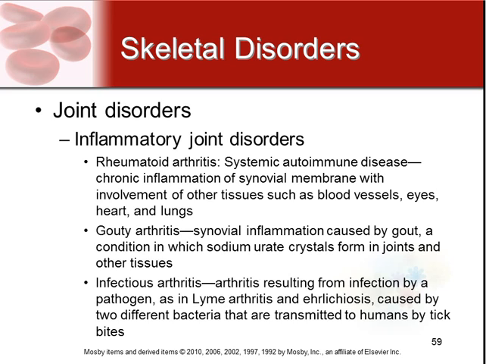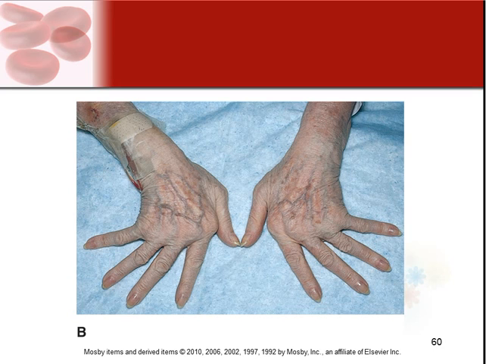And then you can also have infectious arthritis. And that's when you have arthritis resulting from an infectious pathogen. A very common one for this is actually Lyme arthritis. Lyme disease is very well known for getting into joints and infecting them and deteriorating the integrity of the joint and causing arthritis. So this is a picture of someone